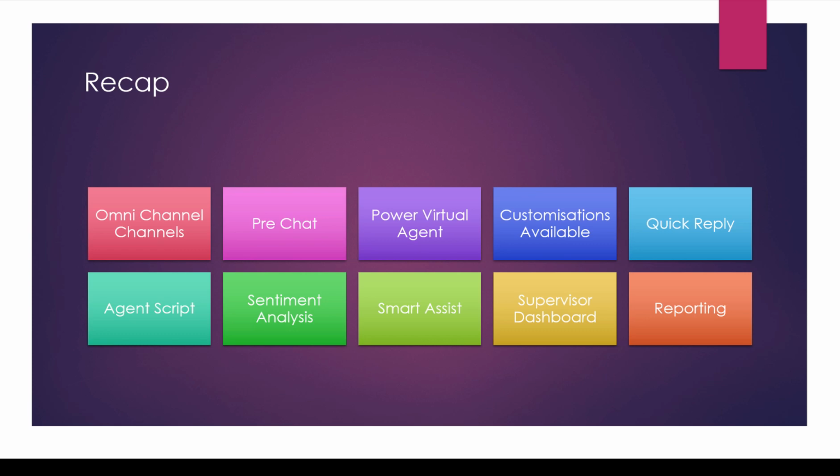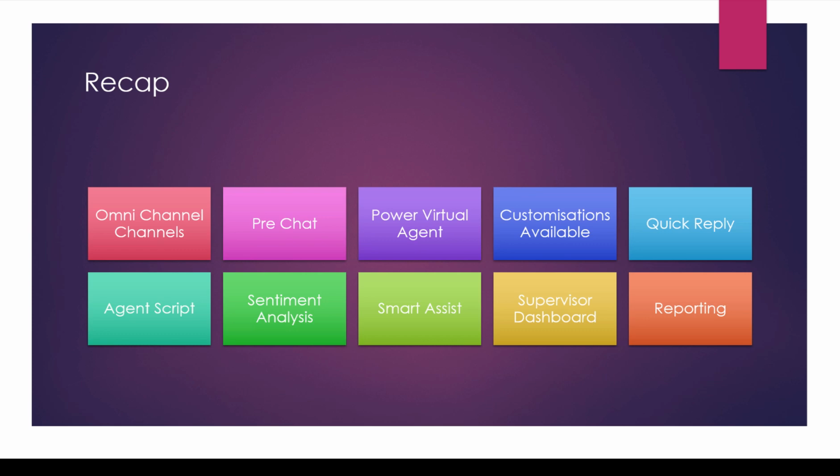We talked about pre-chat and how that can allow easier routing to the correct agent. And with Power Virtual Agent, we could deflect chats to ensure that the chats that agents are involved with are actually something that they need to be involved with, if that makes sense.